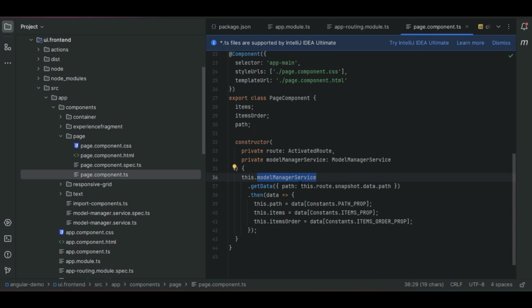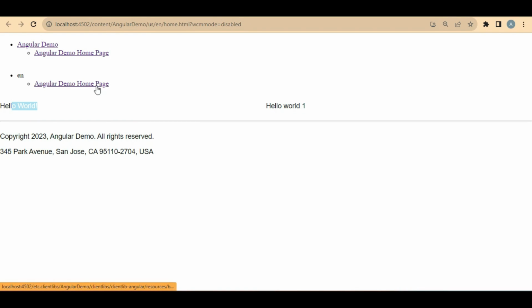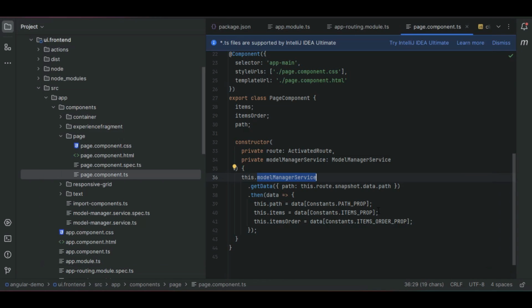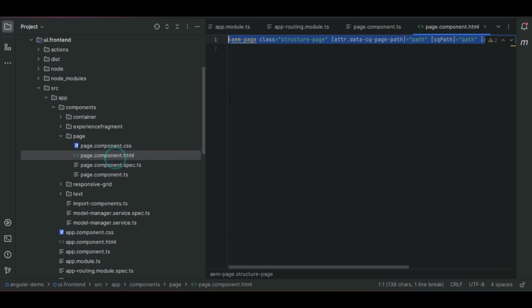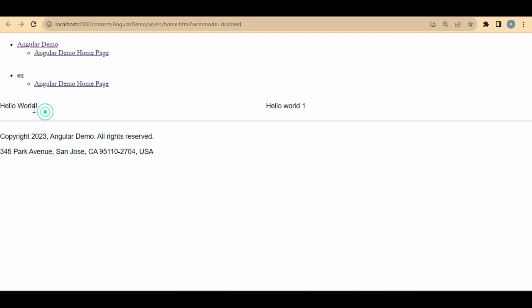So what it does is, the JSON model which is written by this AEM, this component will read that and parse the entire JSON structure. It will identify the components, and then it will try to render these components onto the page. Whatever order you have added the components in AEM, those will be passed